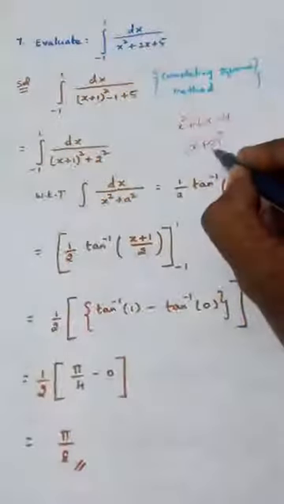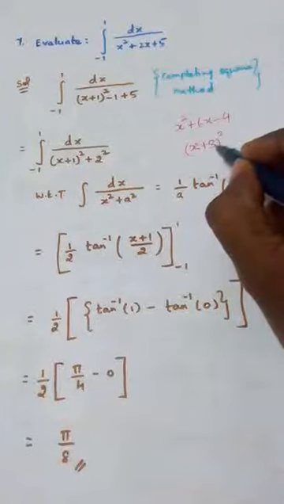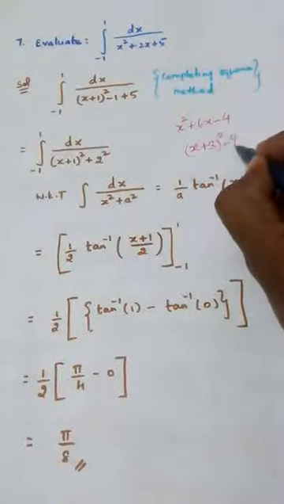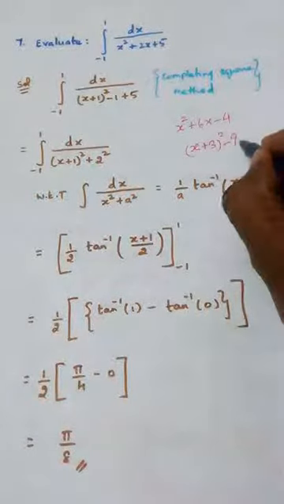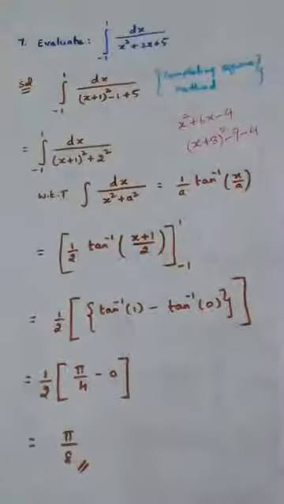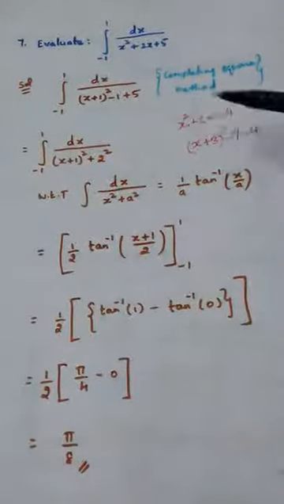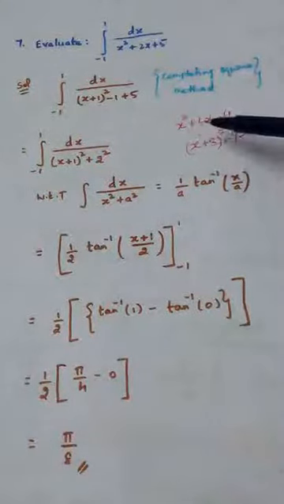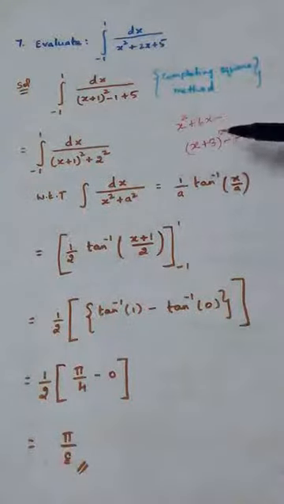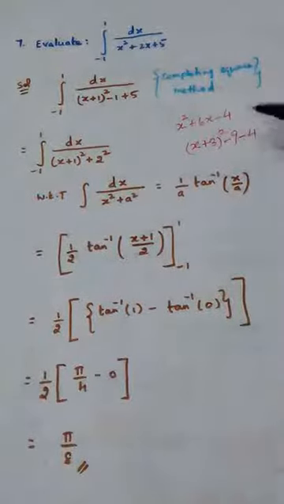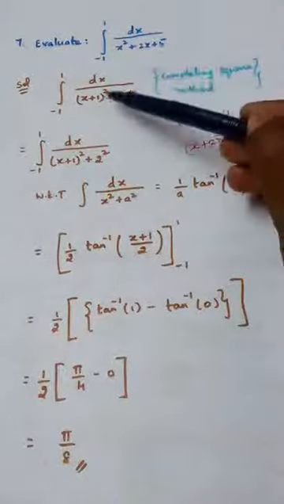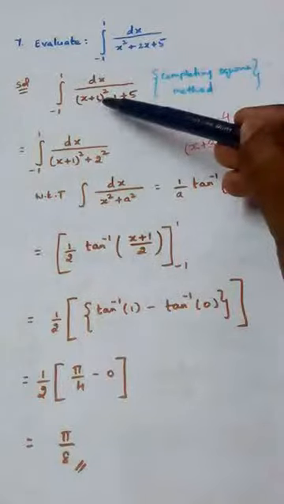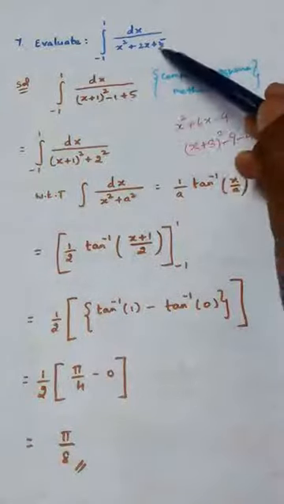Then what number have I used here? 3. Square that, 9. So subtract that number. 3 square is 9, so subtract 9, and then the constant present in the above line, minus 4. So this is what is called the completing square method. Once again I repeat, x square means x, half of 6 is 3 whole square, 3 square is 9, so we should subtract 9 and then this number minus 4. In the same way, x square means x plus half of 2 is 1 whole square, squaring 1 we get 1, so subtracting 1 and then this number plus 5.